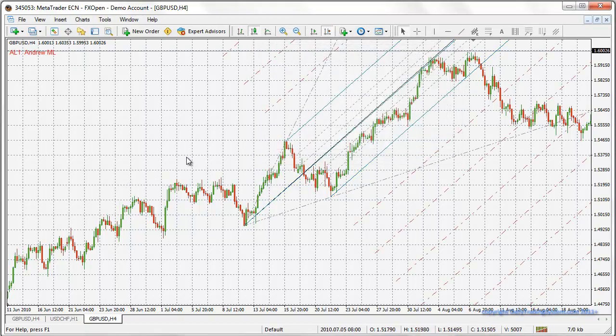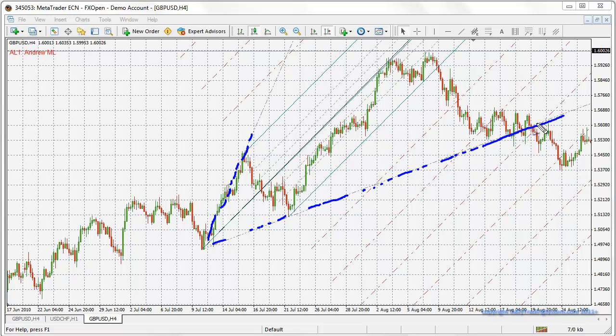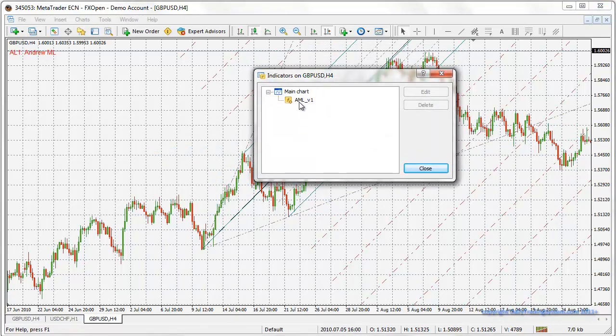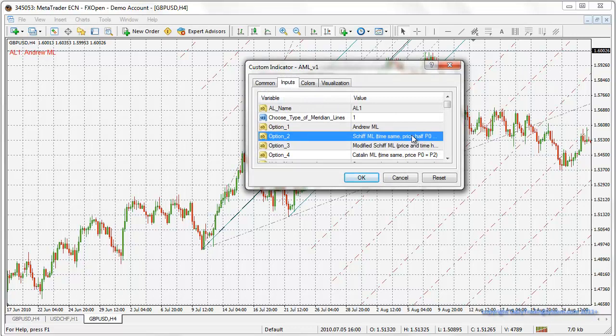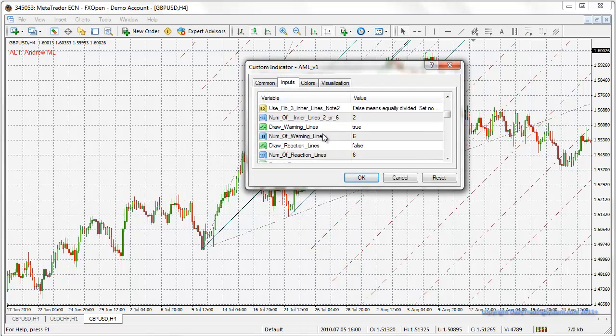Oh, there we go. Alright, so these lines here that come off, you can just barely see them. Now if you're colorblind, you can see where it breaks off there. If you're colorblind, what you would need to do is right click on the chart, choose indicators list, double click onto there, and you can see it's like an original AL color, background color, and there's an area here that you can change the trigger line,